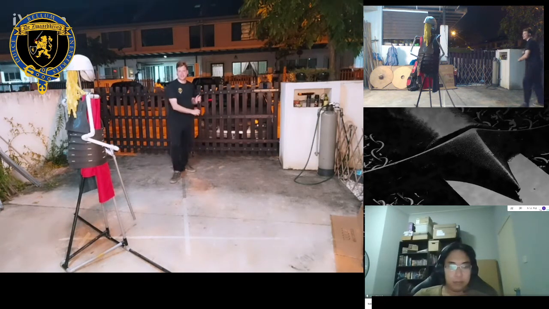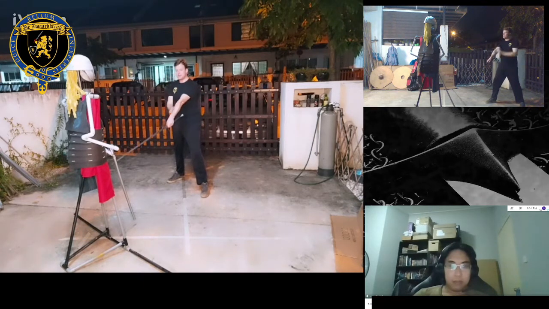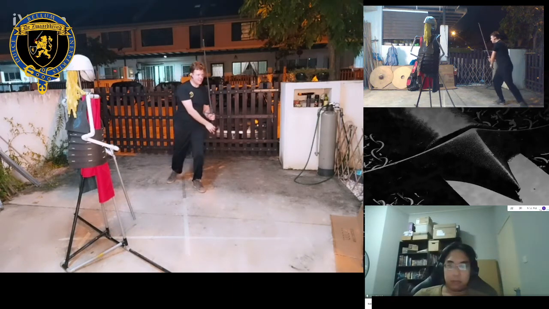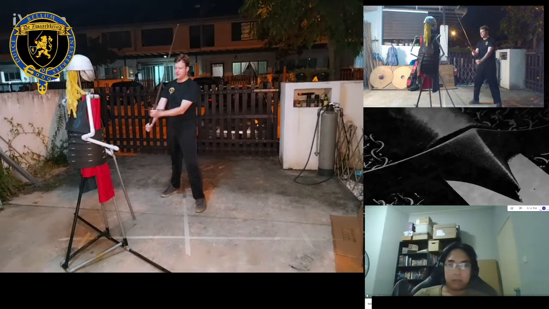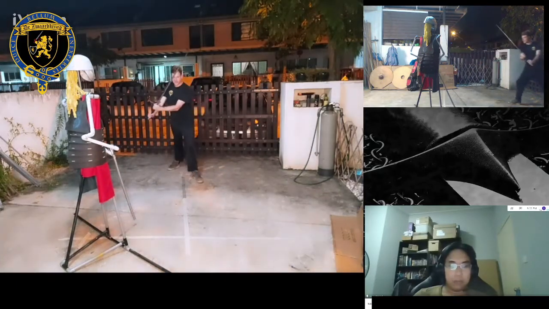If I really cut at my enemy's weapon and I overextend my defense, then imagine my enemy would attack me from the other side. I have to bring my sword all the way back to this side. Right? So I want to keep my sword relatively close, but not too close, so that I can quickly shift from one side to the other.